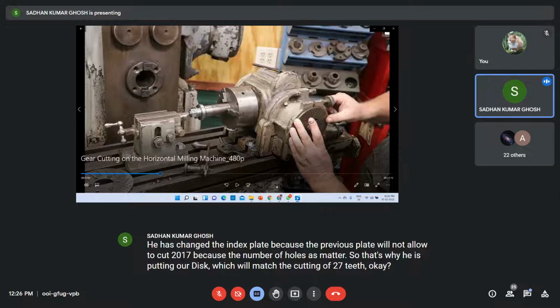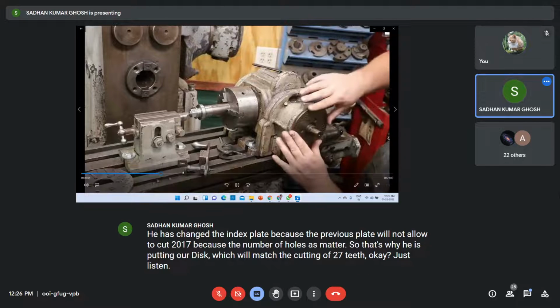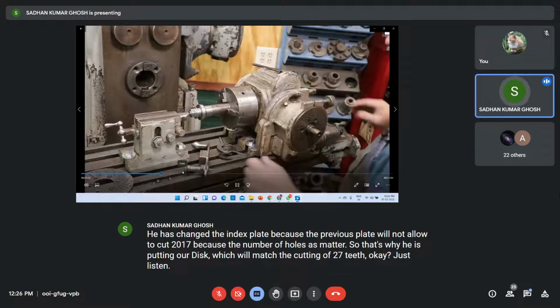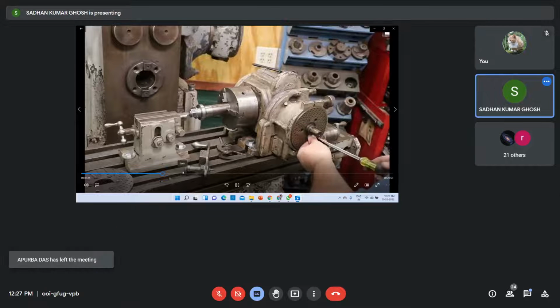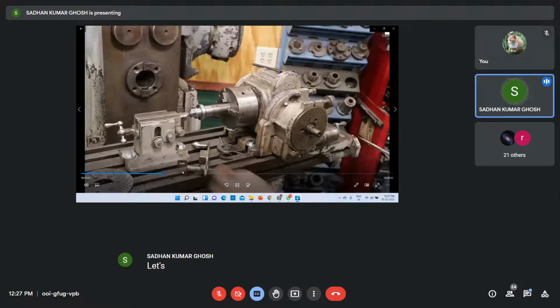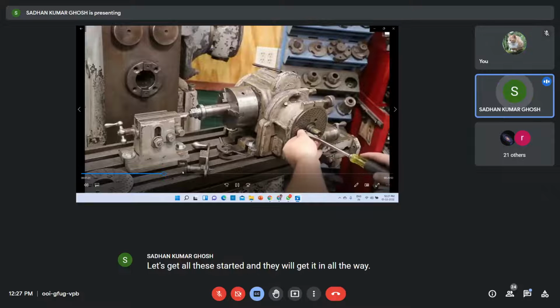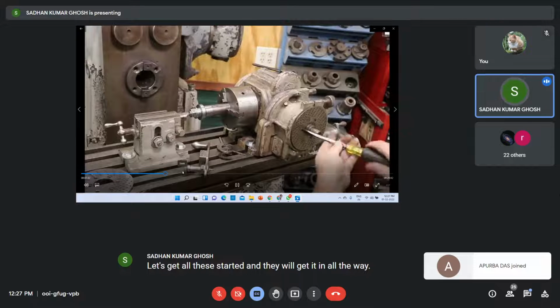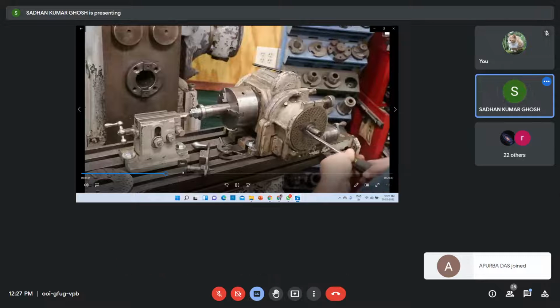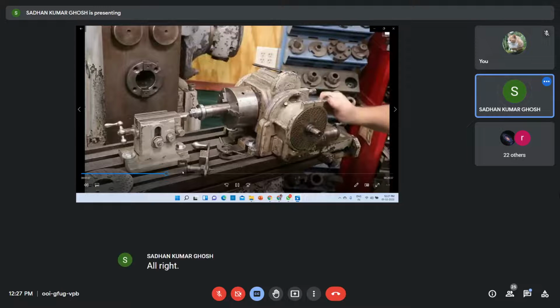Okay, just listen. Trying to line up my screw holes back there. Let's get all these started and then we'll get it in all the way. Alright, got that plate back in there.